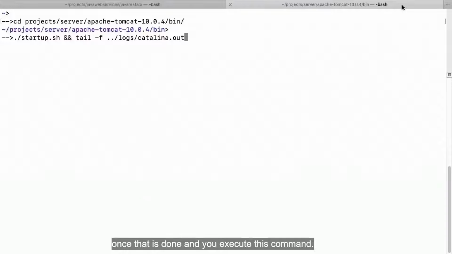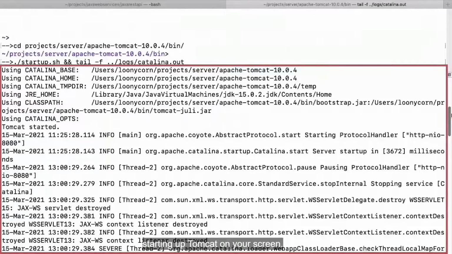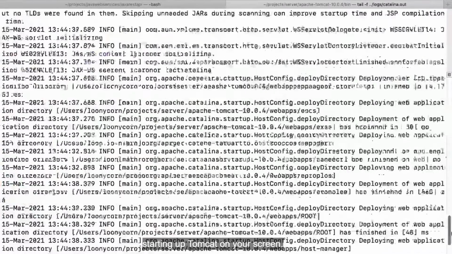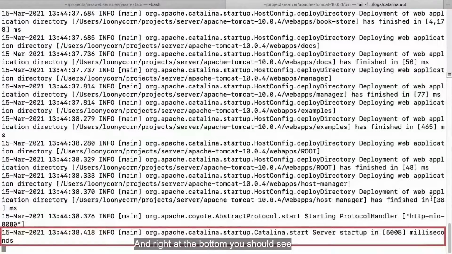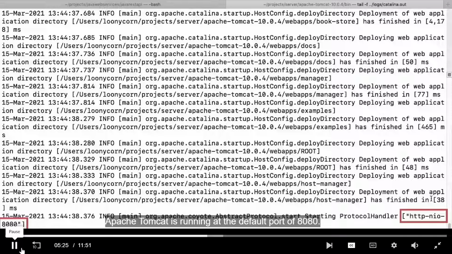However, once that is done and you execute this command, you will soon see the log messages generated from starting up Tomcat on your screen. And right at the bottom, you should see the server startup message. You'll also observe that in my case, Apache Tomcat is running